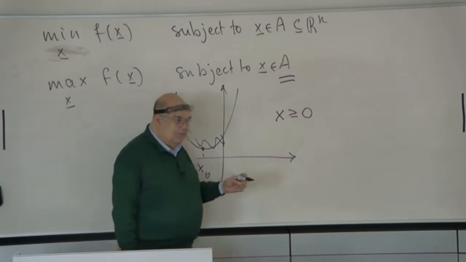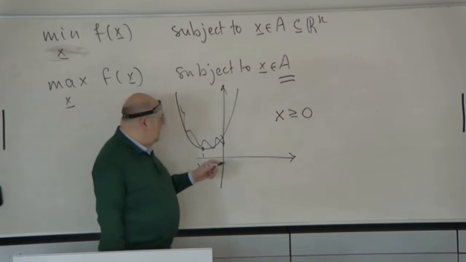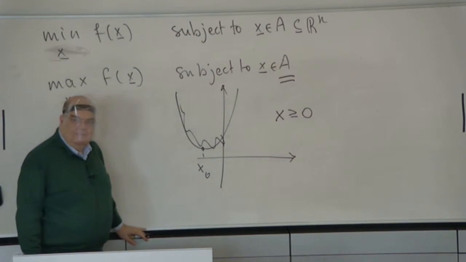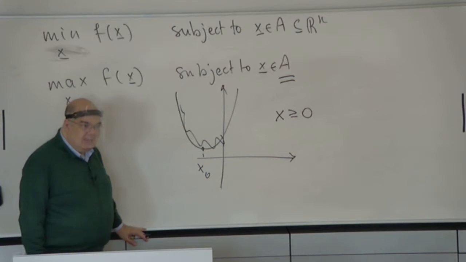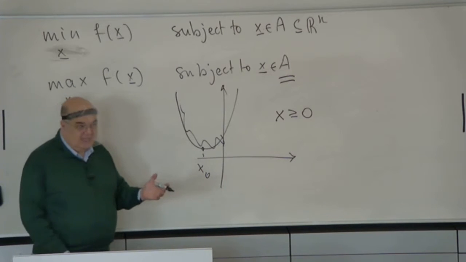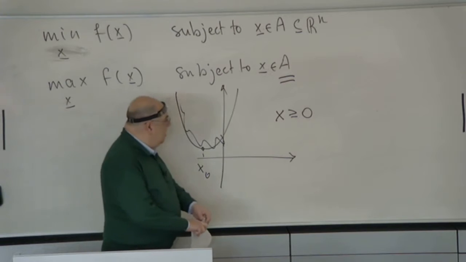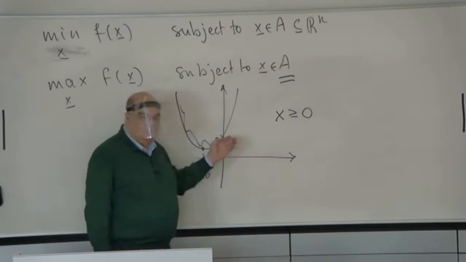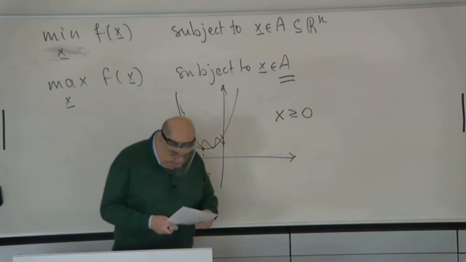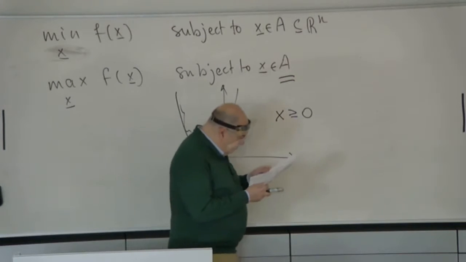So that is the big point, because if A is an open set, then problems like these cannot appear. That is the big distinction, working on open sets or working on sets that are not necessarily open. This is a problem that happens in many applications, linear programming and other things. Okay, so